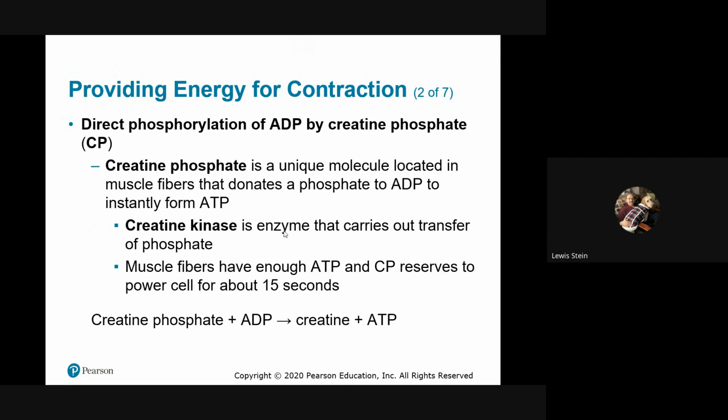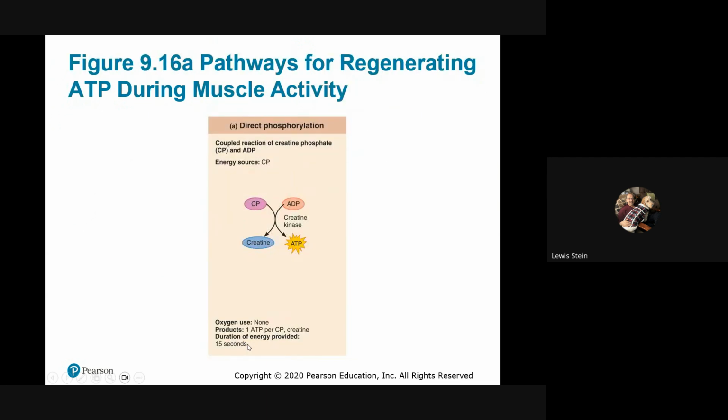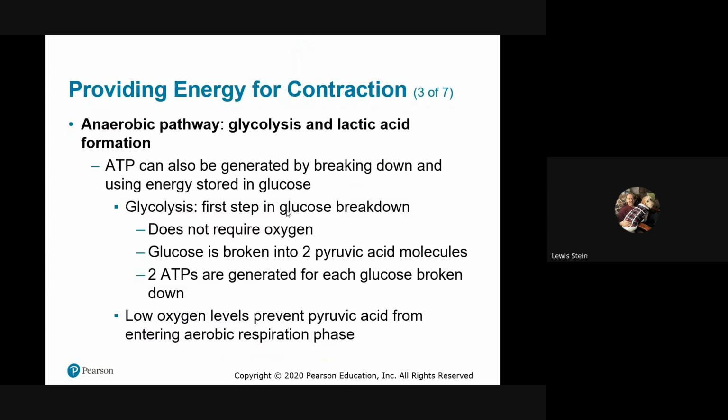And that's what aerobics are all about. Direct phosphorylation of ADP by creatine phosphate, a unique high energy phosphate, enzyme involved, have enough ATP and creatine phosphate reserves. So the first 15 seconds, you're using up all the energy, effectively ATP or ATP-like energy. And it's just a simple transfer with the release of ADP, or with the ATP, and the release of the inorganic phosphate, rather. Very limited duration. At that point, glycolysis and lactic acid.